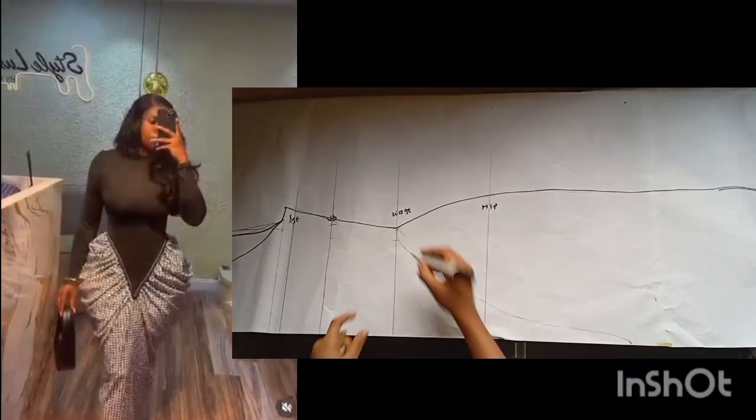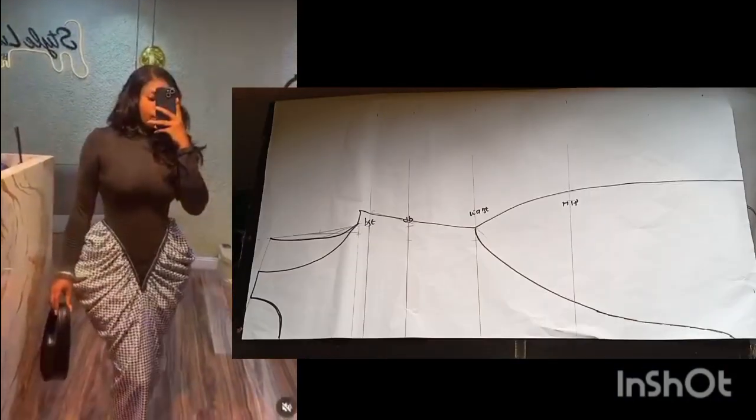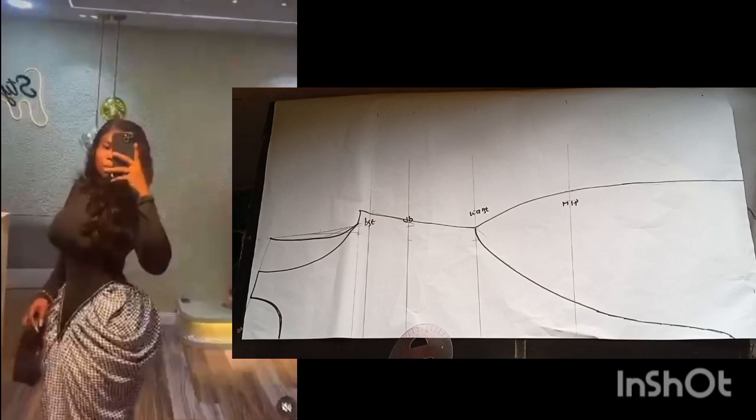In this video, I'll be sharing with you a requested tutorial from my group on how to cut this Basque dress